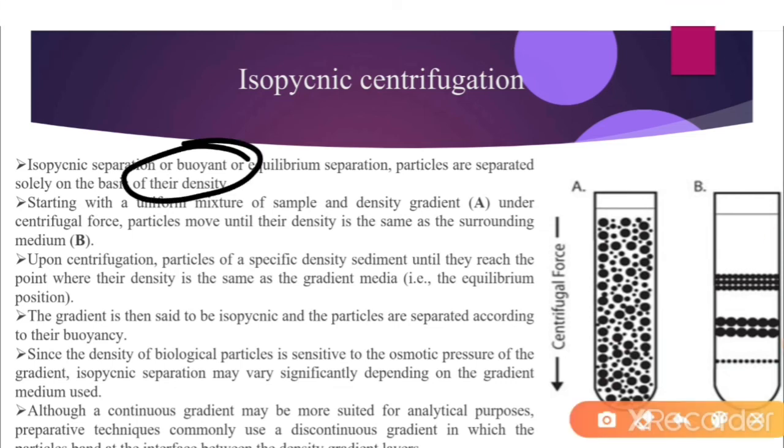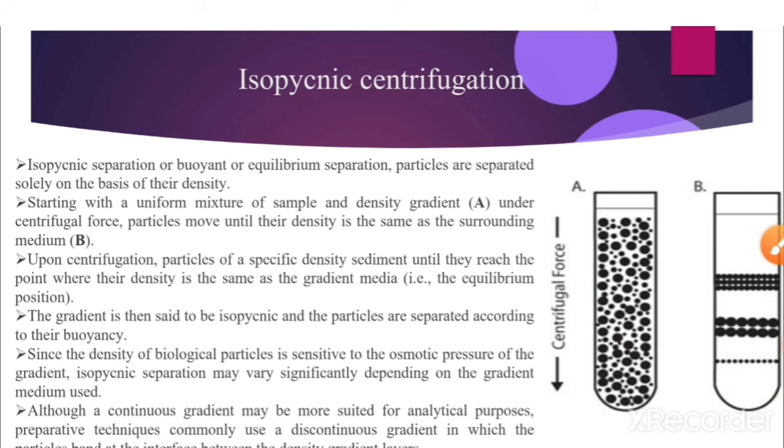their density. Here the sample is placed in the centrifuge tube, and after centrifugation the particles of the same specific density will come to one place and form their own zones. Those zones we can separate or purify from the tube, and mainly a plastic tube is used.